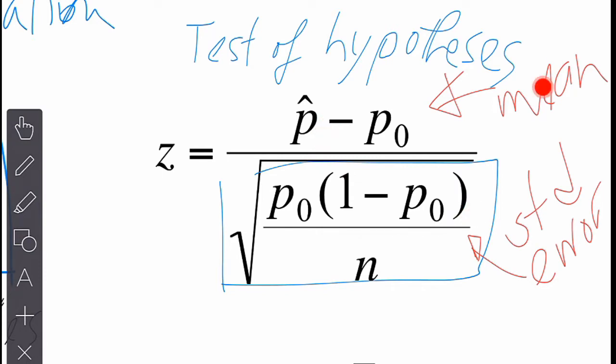So these are the hypothesized. That's what the 0 means down there. So what is a hypothesis? That's what we're going to talk about next. So before I get there, I just want you to confirm you understand. This is a Z statistic. It's a standardized